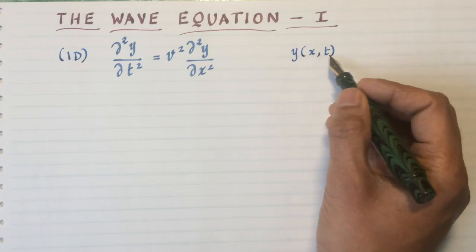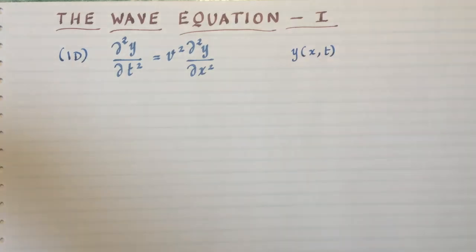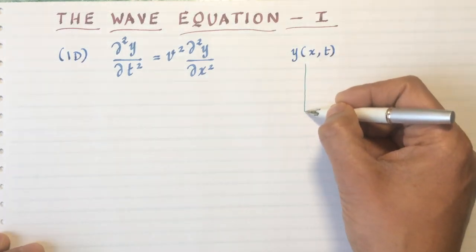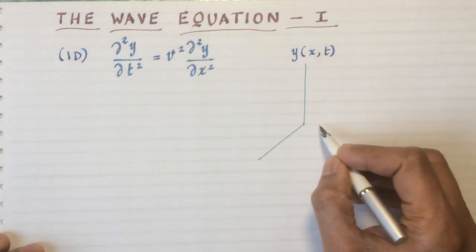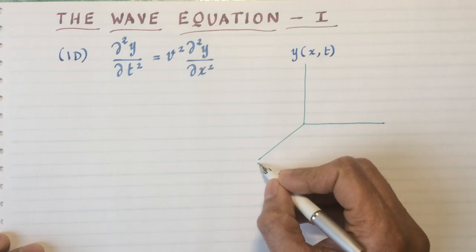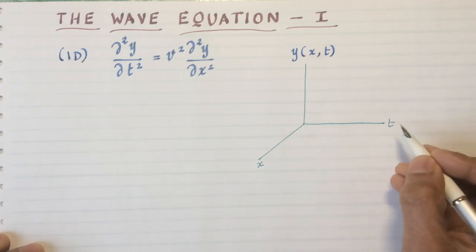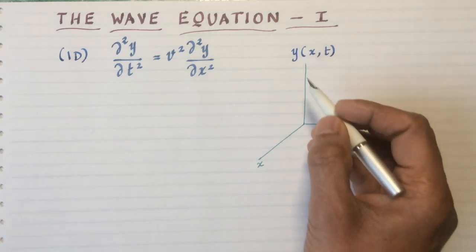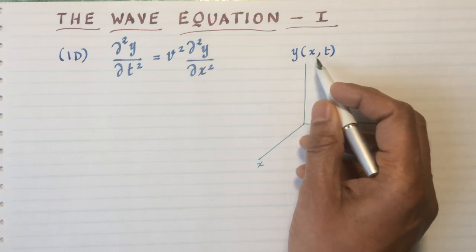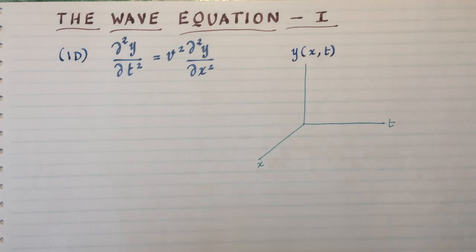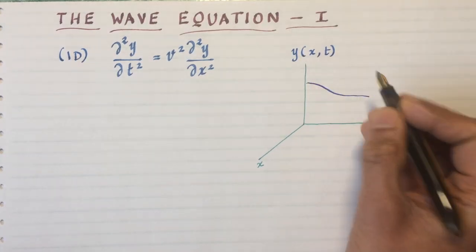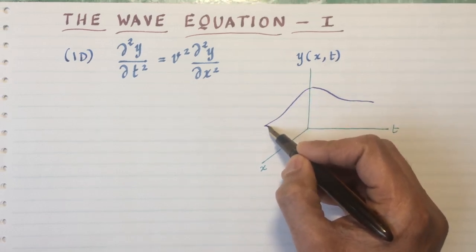So even to represent what this looks like is not easy. But let me try doing that. If I plotted y as a function of x and t along the z-axis, and then I had along the x-axis I'll just have x, along the traditional y-axis I'll have the time t, and along the traditional z-axis I'll have this function y as a function of x and t. So it's going to be a complicated looking object, and I'm not going to make any assumptions about how it looks, but let's just say that it has some